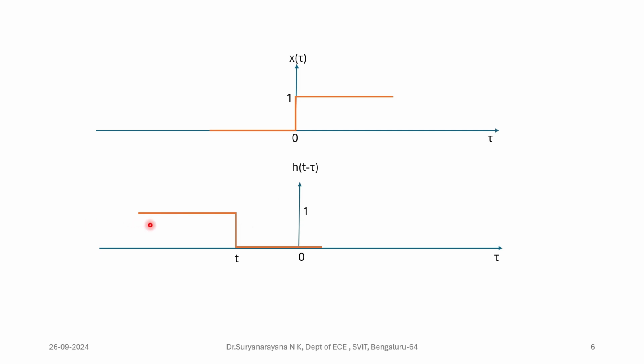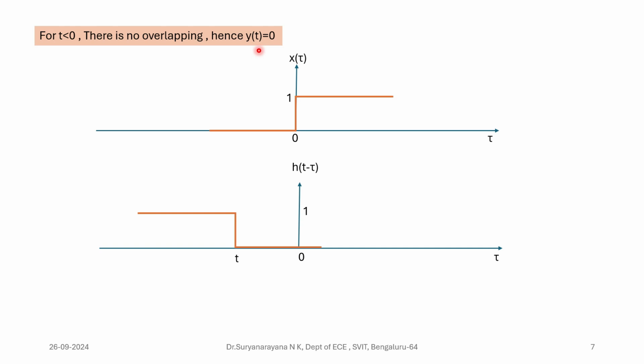Now we push the time shifted signal h of minus tau to the left side of this axis. Now we analyze the condition for t less than 0, that is this portion. For t less than 0, is there any overlapping on moving this waveform from left to right? For t less than 0, there is no overlapping of these two waves,